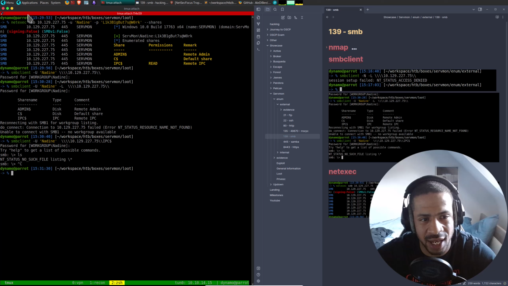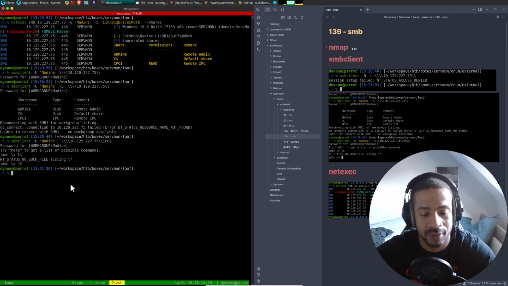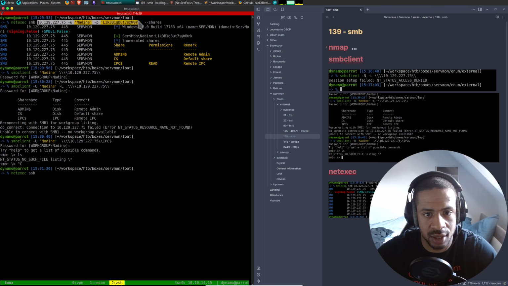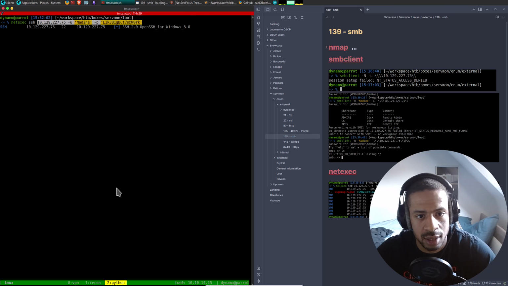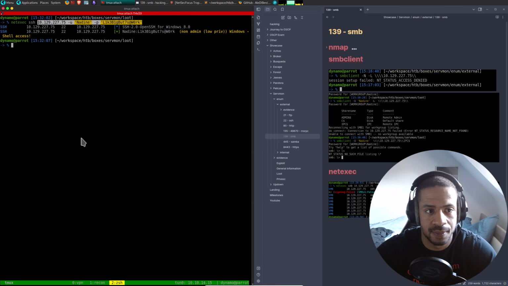But more importantly, what we can try is SSH, right? So let's try. Let's exec SSH and then just copy all of this. And that works.